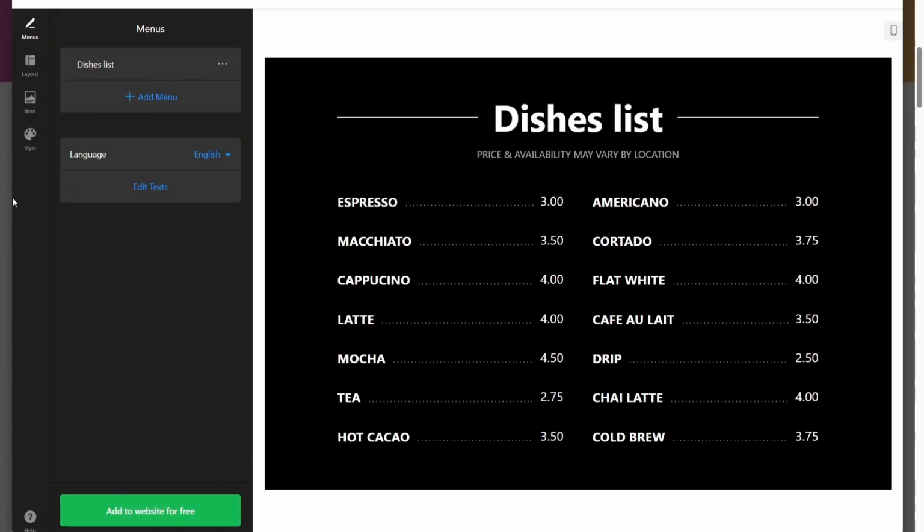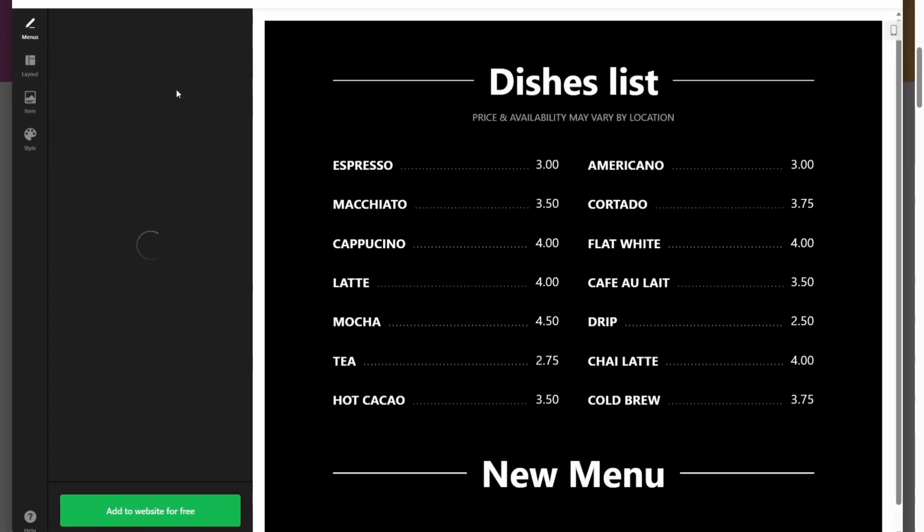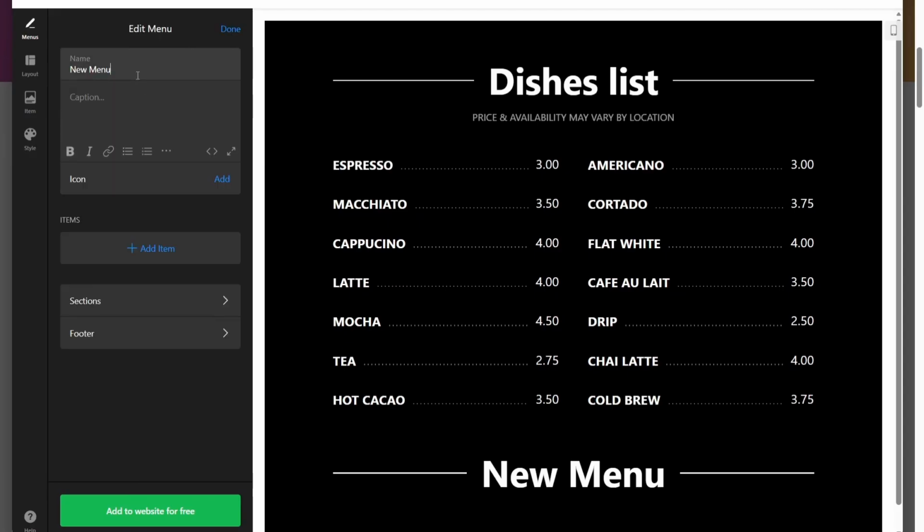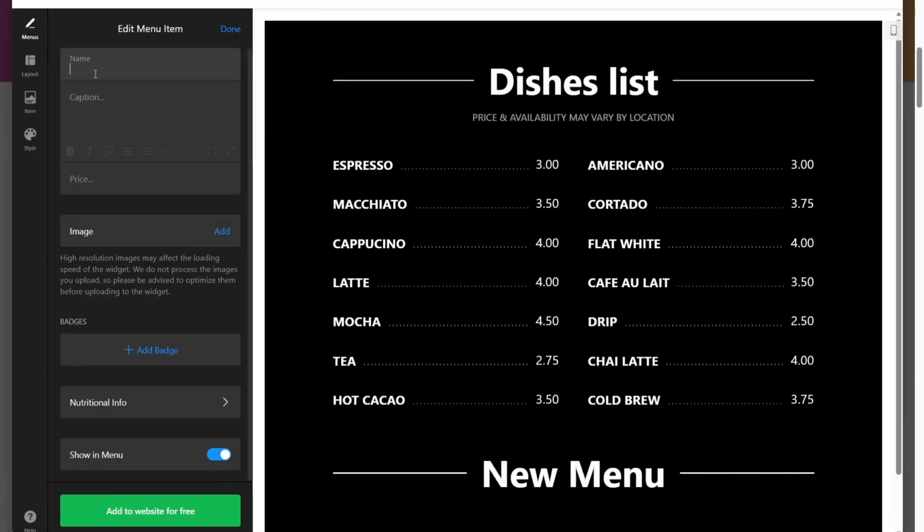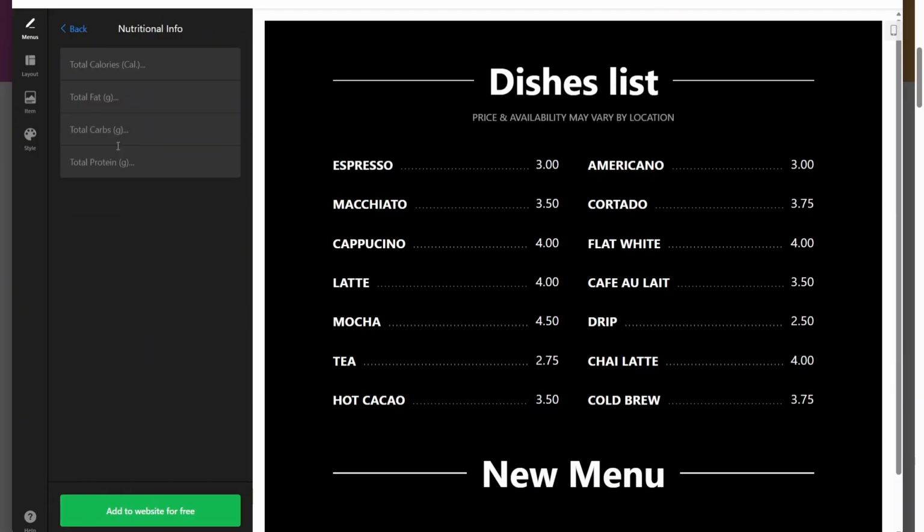And on the left-hand side, we have about 4 options. On the menu section, this is where we can add our menu, so simply click on the Add Menu button. And in here, you can type your new name, the caption, you can even add an icon below, as well as add the items. If you click on Add Item, you can add the name, the caption, the image, as well as a badge,